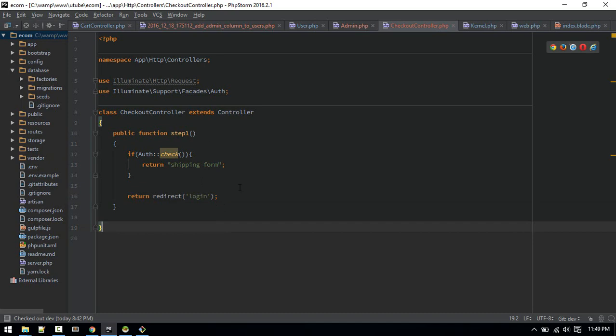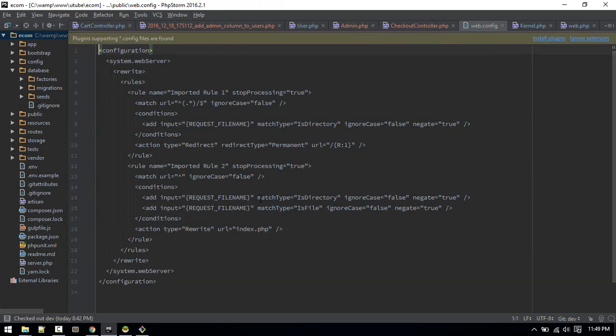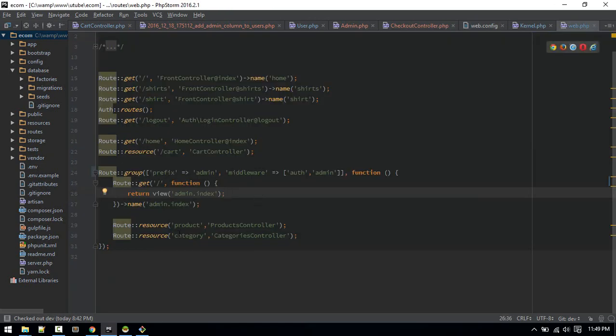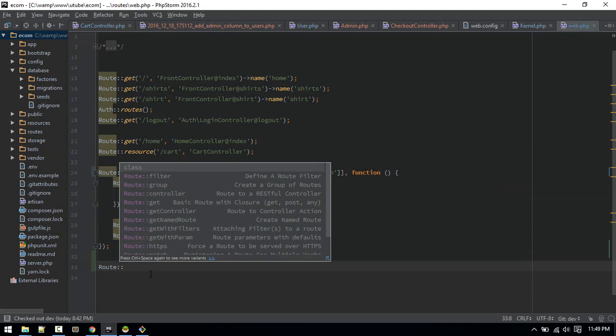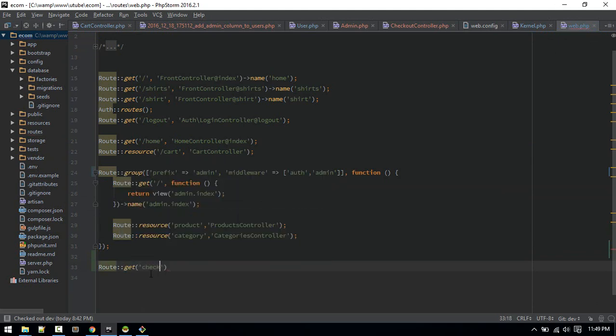Yeah, we need to make this route in web.php. Below here we'll make that route. For now let's just call it checkout, and it should take us to